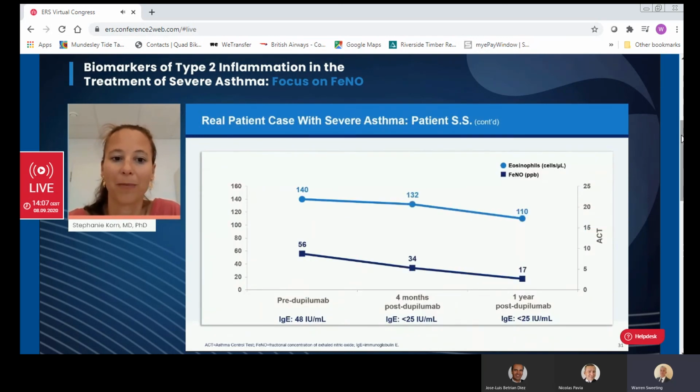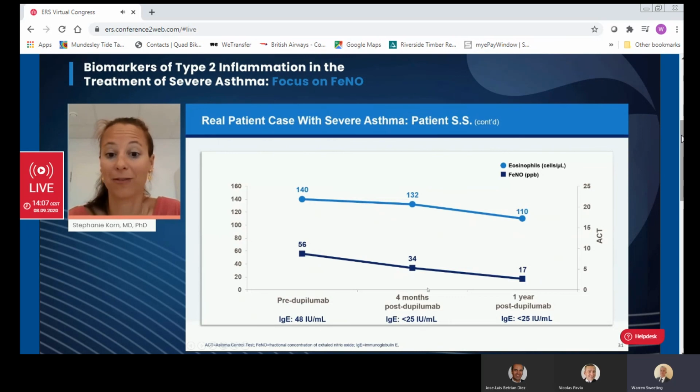So these are some of the biomarkers. Blue line at the top, these are eosinophils, and as you can see, she started with 140, and there was a slight decrease of eosinophils over time. So normally after 4 months,